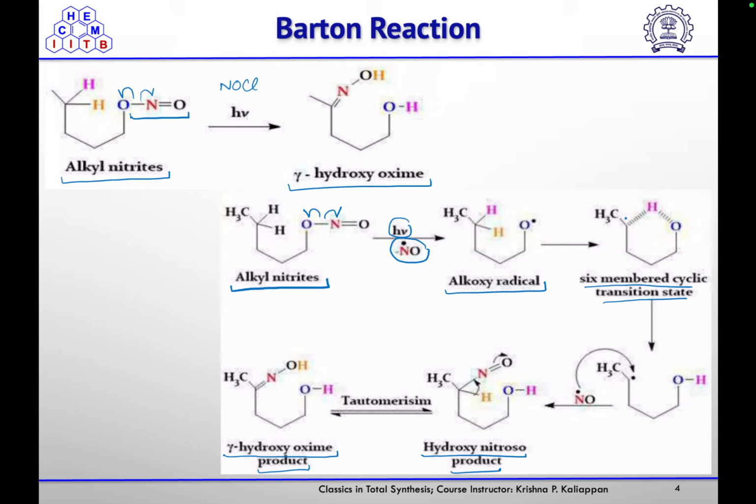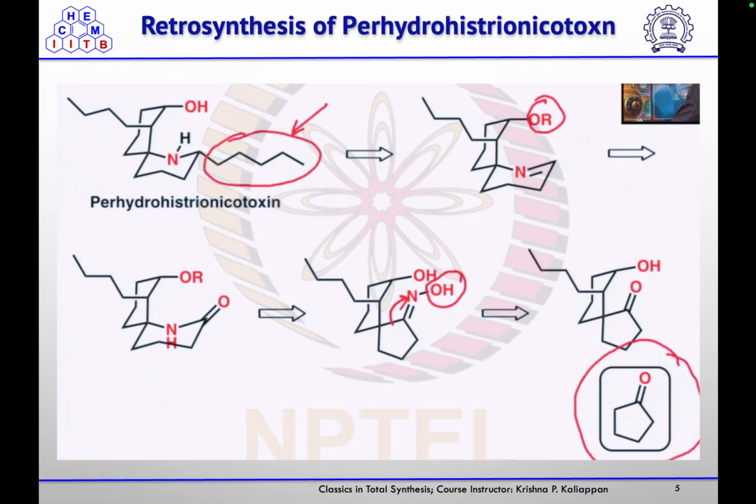So these are the two reactions he wanted to use in this total synthesis of perhydrohistrionicotoxin. So let us see how he completed the total synthesis of this molecule. He devised his retrosynthetic approach in such a way that this perhydrohistrionicotoxin could be obtained from this imine by